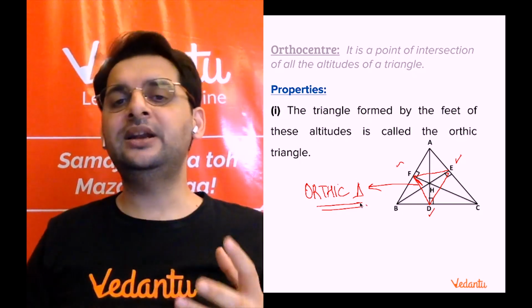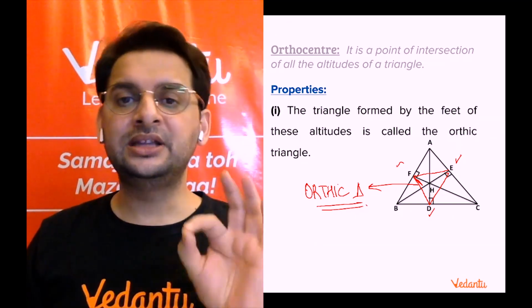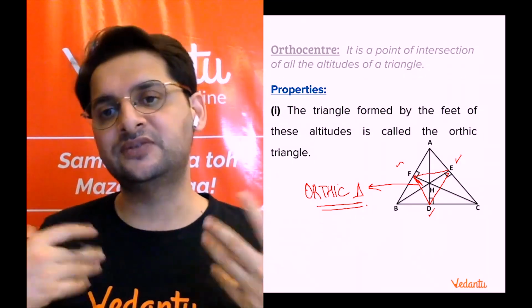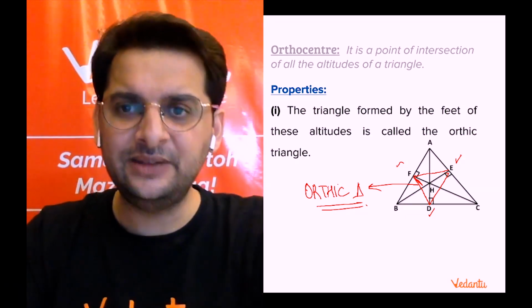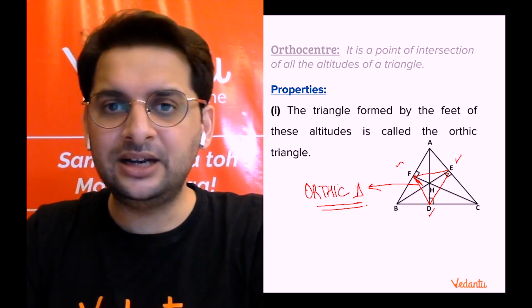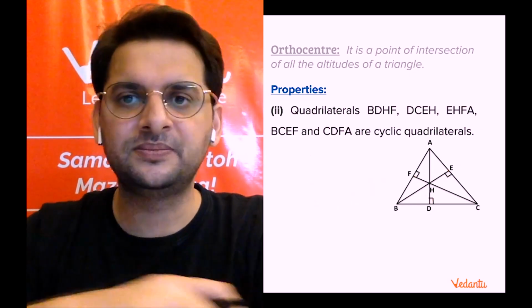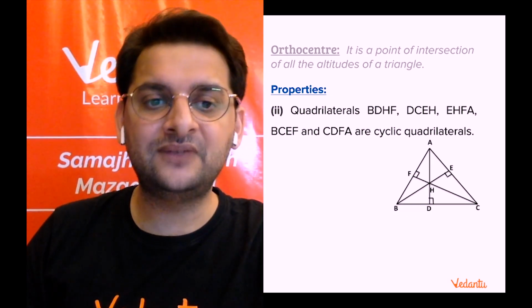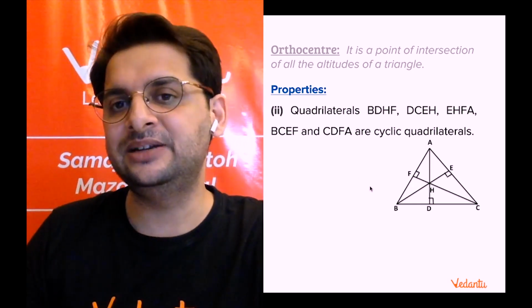So there is an orthic triangle associated with every triangle. How is that formed? We join the feet of the altitudes. Foot of the perpendiculars we join, and the triangle thus formed is called the orthic triangle. Right? तो इसके बारे में थोड़ा सा और डिटेल में डिस्कस करते हैं. Right? Before that, let us quickly go through some of the properties of orthocenter also. Now this is again very important. So if we have 3 altitudes, now there are 6 cyclic quadrilaterals which can be seen.